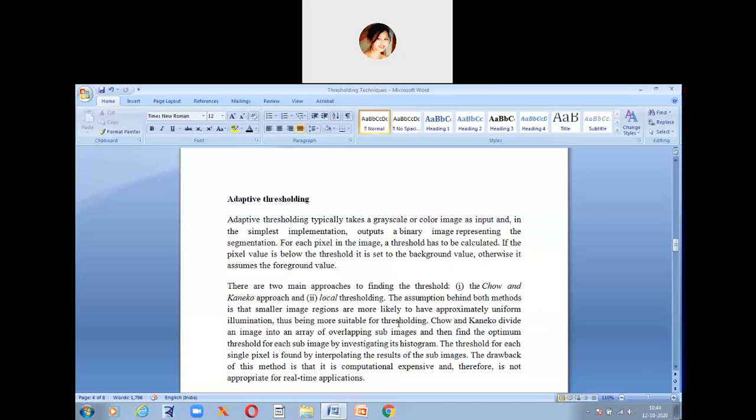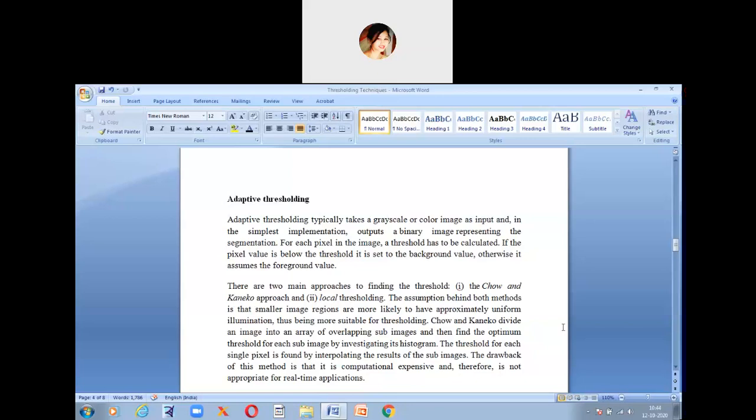But adaptive thresholding mainly focuses on two methods, the Chow and Kaneko approach and local thresholding. These two methods take up smaller image regions. When you divide the whole image into parts, you get smaller regions and bigger regions, but these methods apply mostly to the smaller regions, because those regions have uniform illumination.